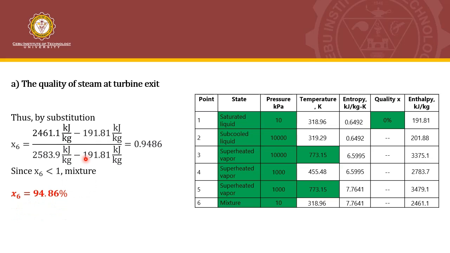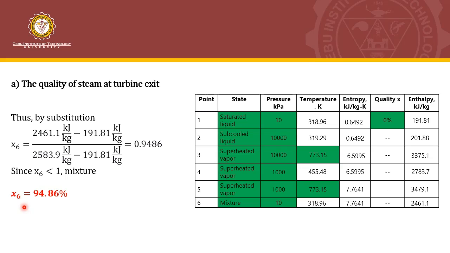the value of x6 is 0.9486. Since 0.9486 is less than 1, this is a mixture. In percentage, the value of the quality is 94.86%. So it means that the quality of the working fluid, or the steam leaving the low pressure turbine, is